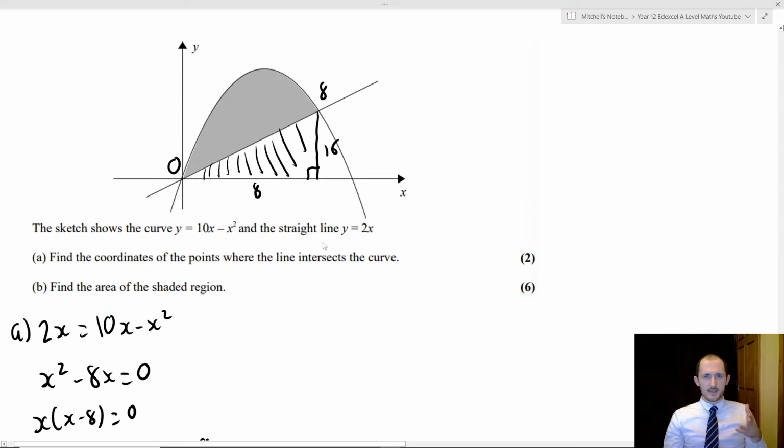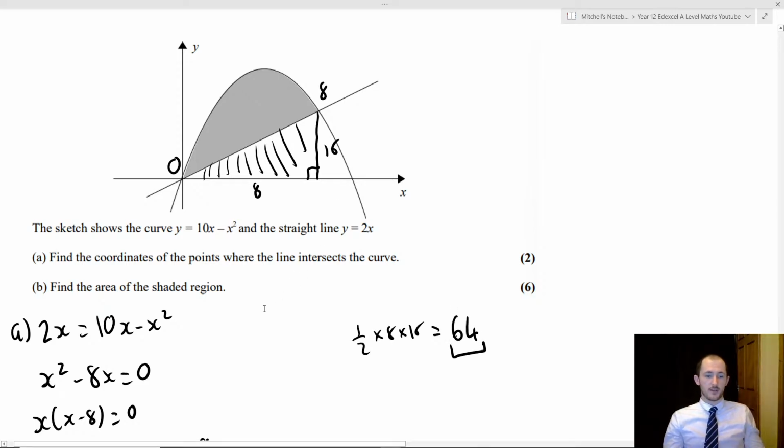The other thing I've seen some people do, which works perfectly fine, is to integrate this line between 0 and 8 and subtract it from the curve, which will give you the right answer, that's completely fine, but it's a bit unnecessary, okay? So the area of this shape here is just going to be a half times 8 times 16, so that's 4 times 16, which is 64. So all I'm going to do is subtract 64